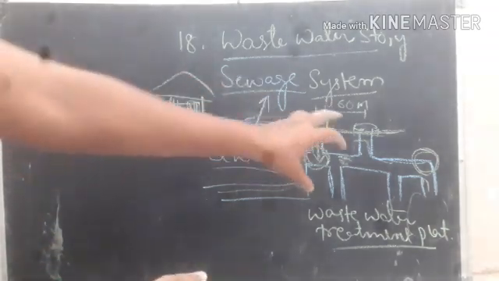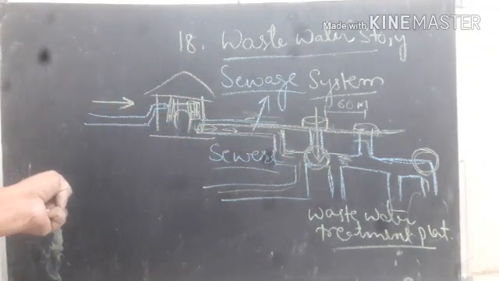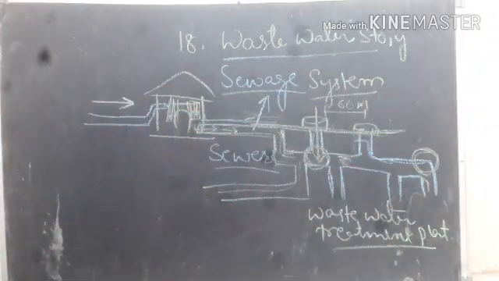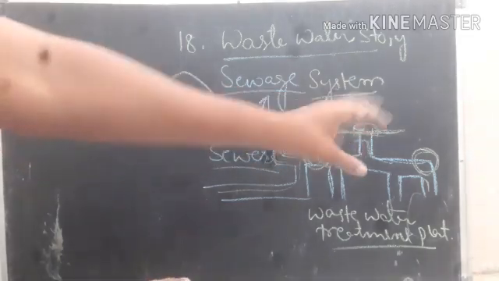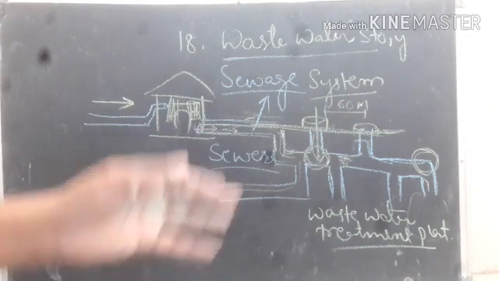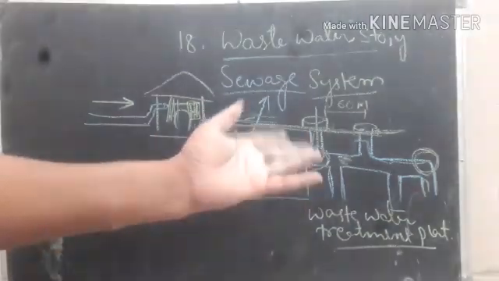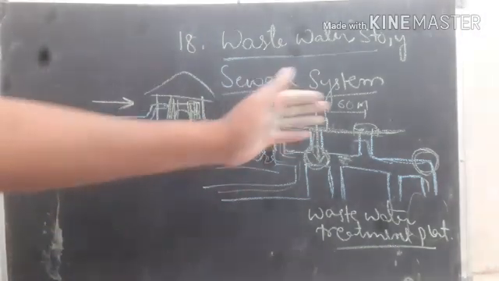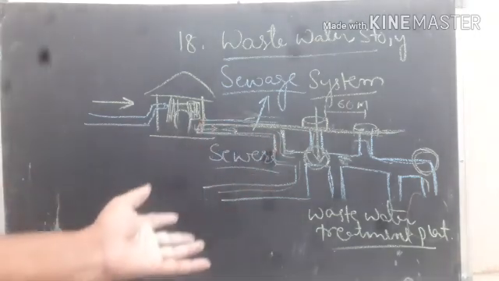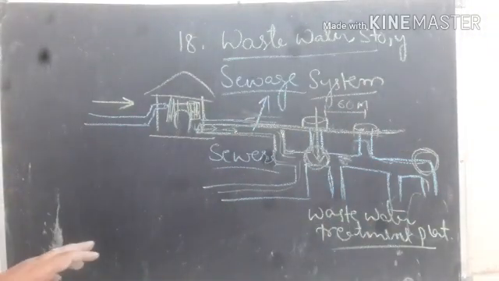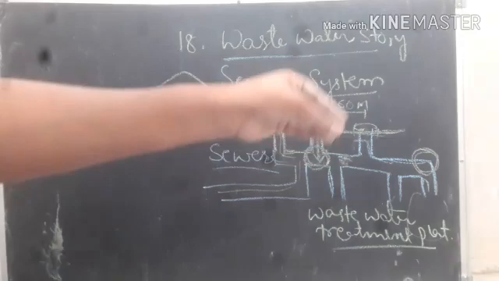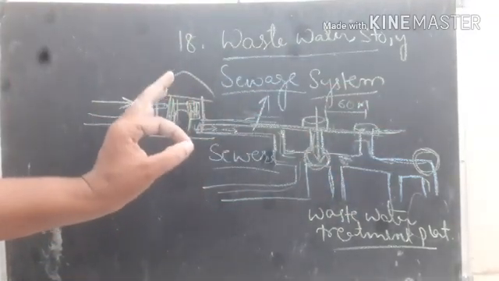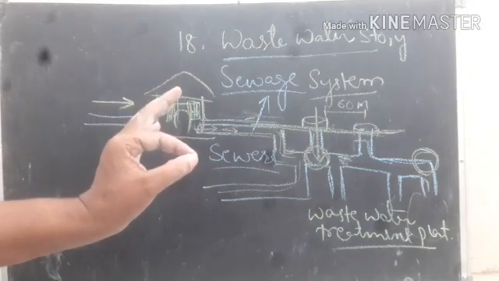We have to remove the impurities from the sewage water, and only then should we allow it to enter the water bodies. Otherwise the aquatic plants and animals may die because of the chemicals present in it. So first we have to treat the water and make it pure, and only then allow it to enter the groundwater, lake, river, whatever the water body. But you must treat the water. So where do we treat this water? In the